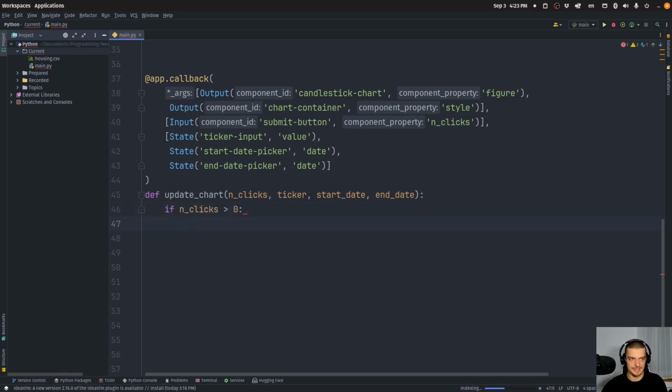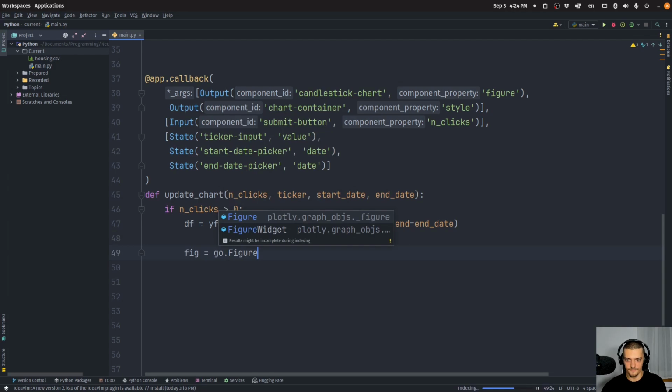So basically when a click has happened, we're going to say df is equal to yf.download. We're going to download the ticker symbol, with start equal to start date and end equal to end date. This is going to load the financial data for this time frame. And now all we need to do is say figure is equal to go.Figure. The data is going to be equal to the following. And here now we're going to pass a list. This list is going to contain